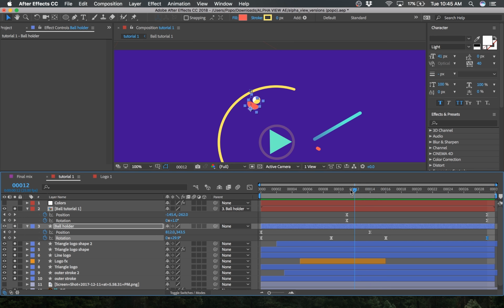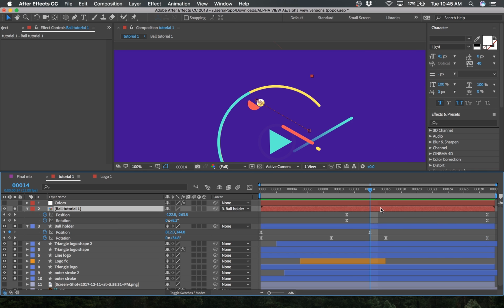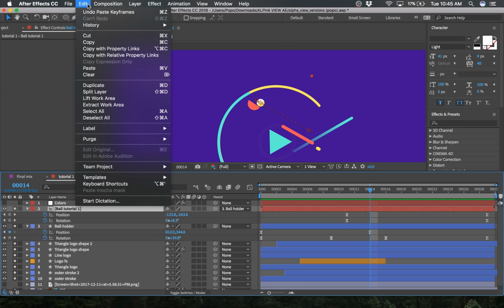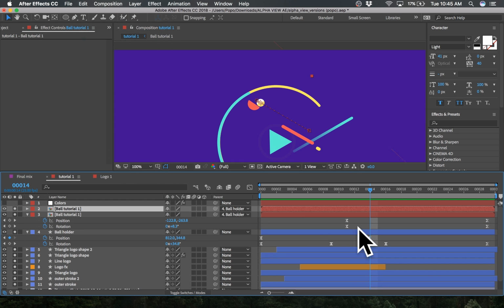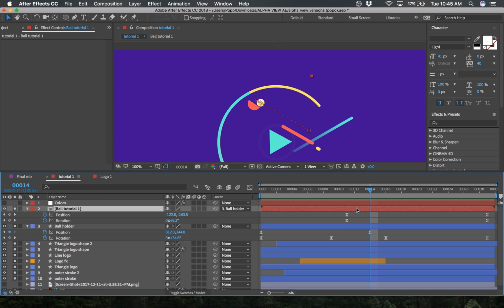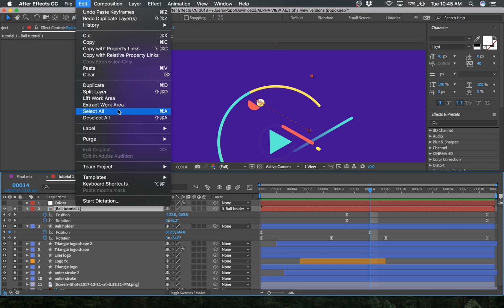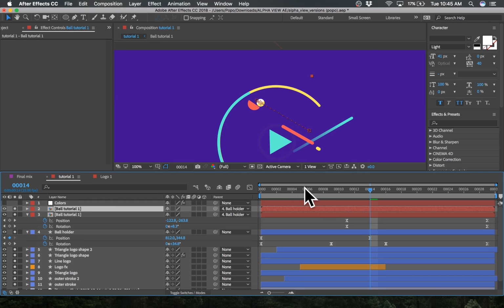So what do I mean by cut? It means that at this point we're going to have a second ball. So I'm just going to go here and edit, duplicate. Alright, or split layer. Okay, duplicate, you're just going to duplicate and then you'll have to cut it yourself. But there is a better way. You select your layer, edit, split layer, Shift Control D or Shift Command D. So what's going to happen is,